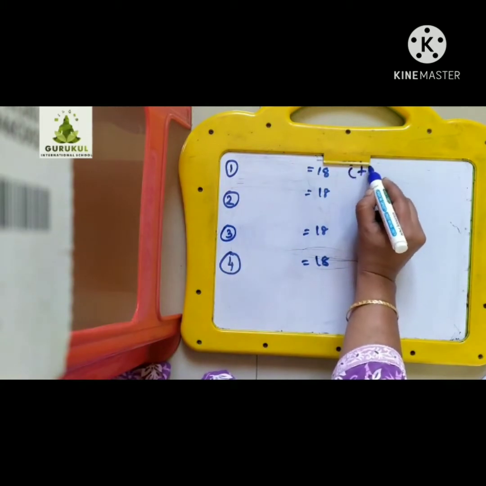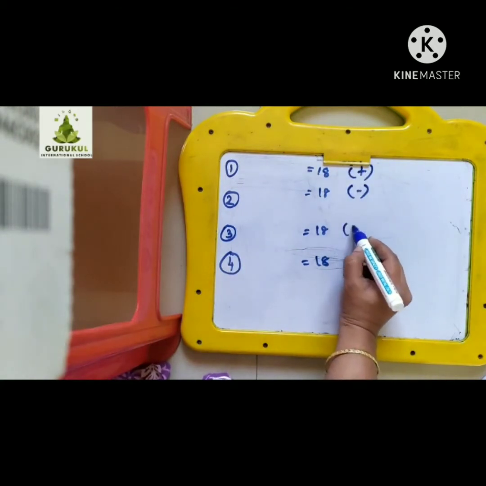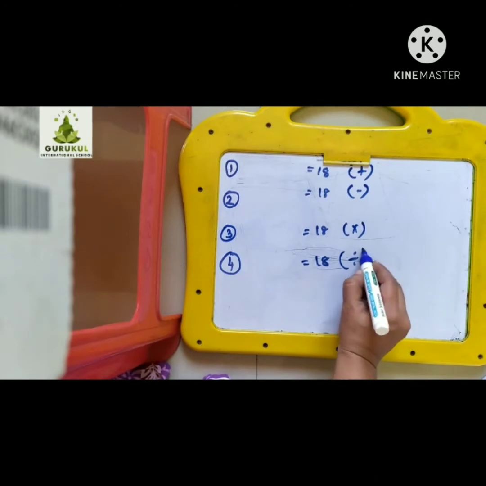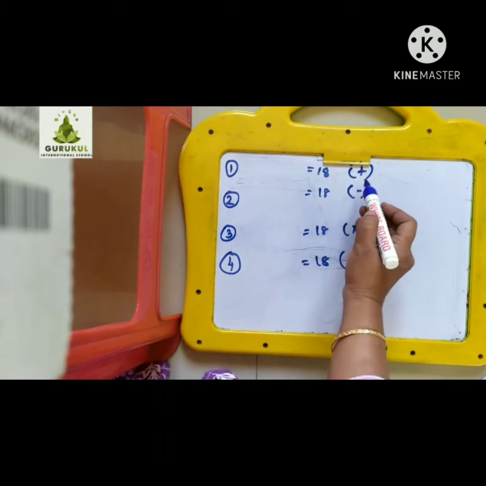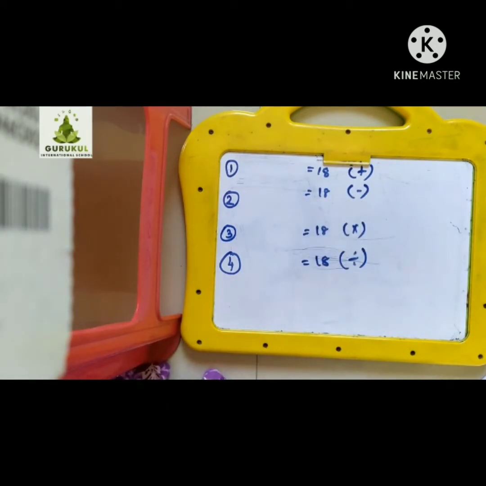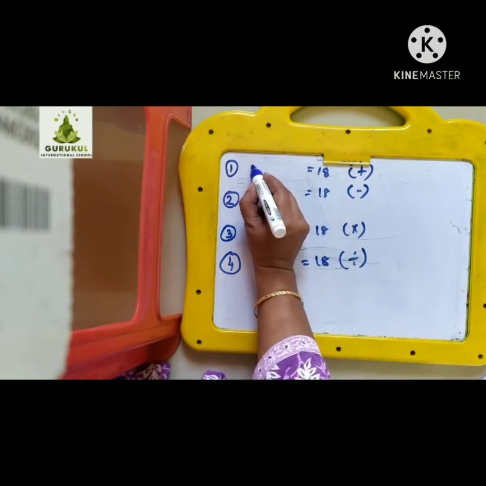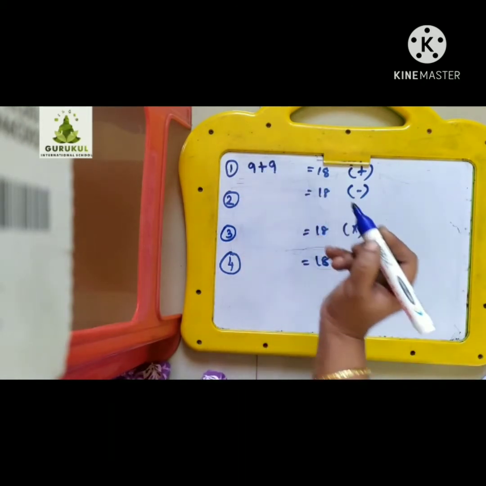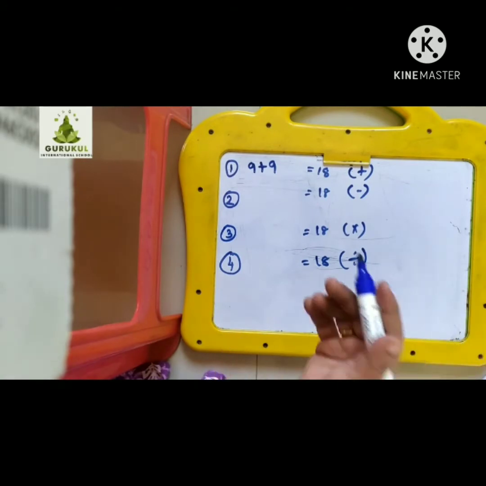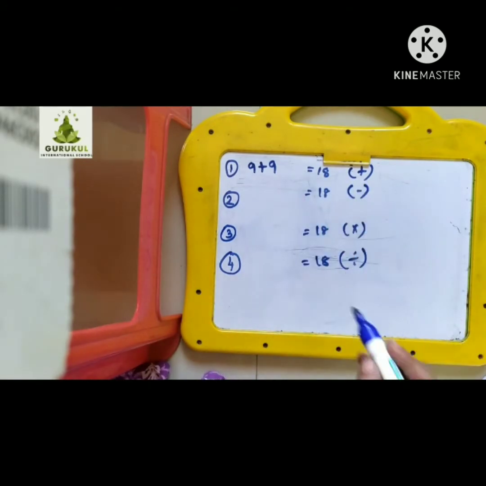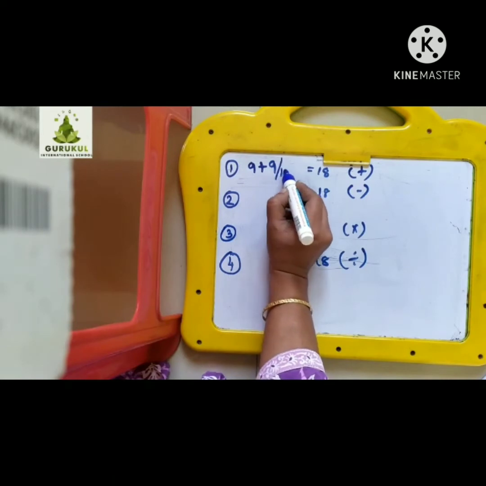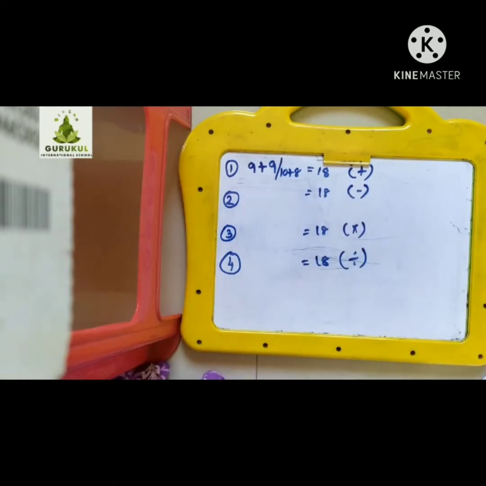18. And they have told you that you have to decide 4 types of operation. Your first one, if it is addition, then subtraction, your multiplication and division. Okay. So everywhere the answer should be what? 18. So if I decide addition, okay, I can take the numbers. For example, I can decide 9 plus 9. Okay, take any numbers. Okay. For addition, I can take even here 10 plus 8. Okay. So in different addition ways, whatever you want to make 18 you can.